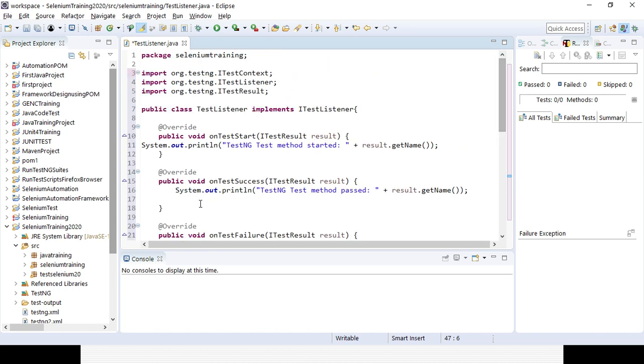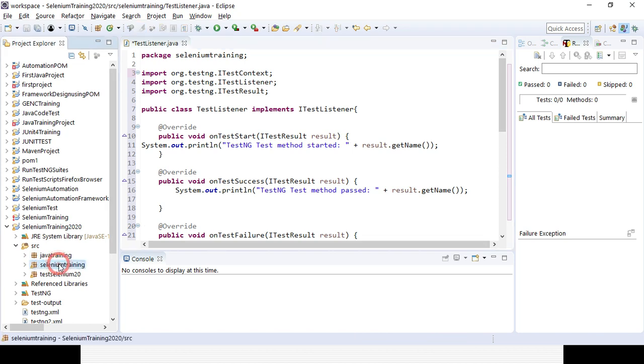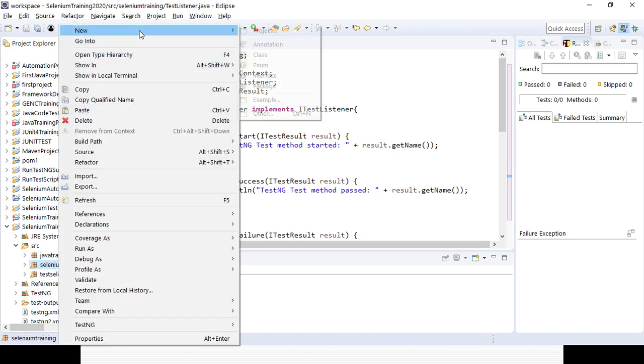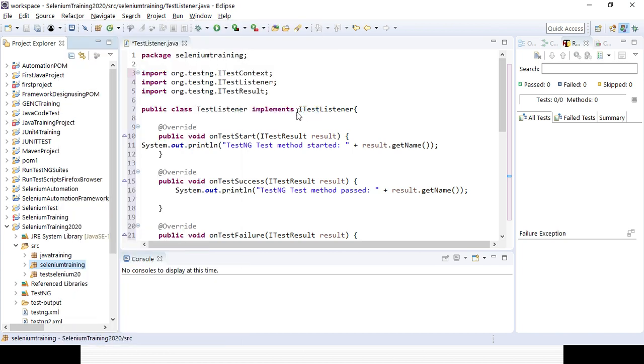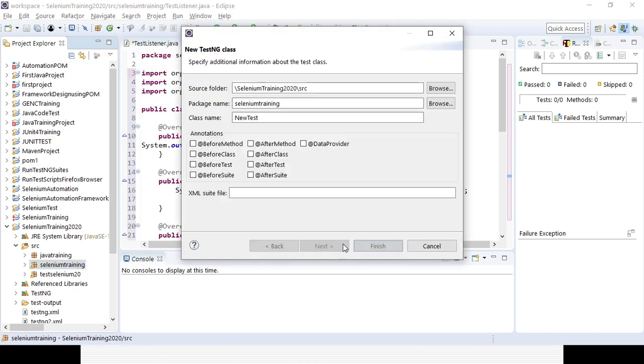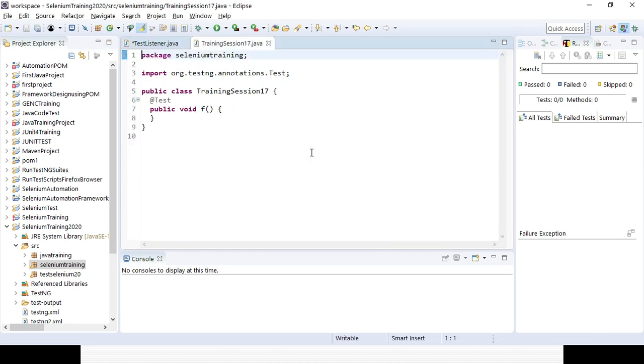Okay, so now let's try to create another TestNG class, training session 17. After that, here try to write a few programs, a few methods, right? So public void test method 1. Here I want to assert